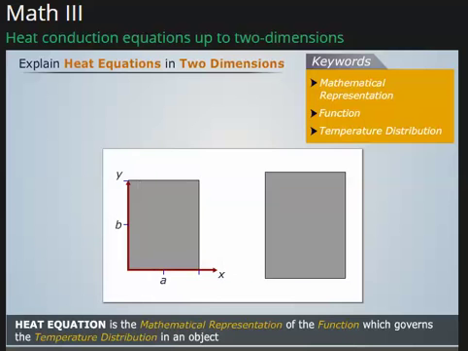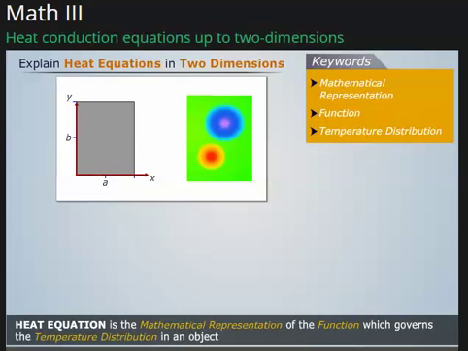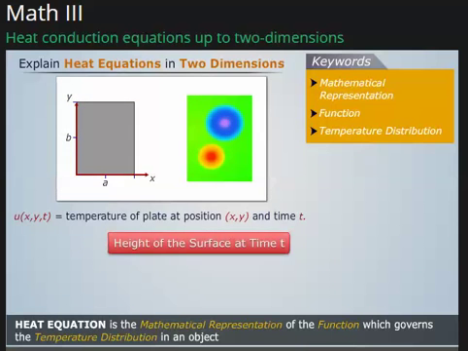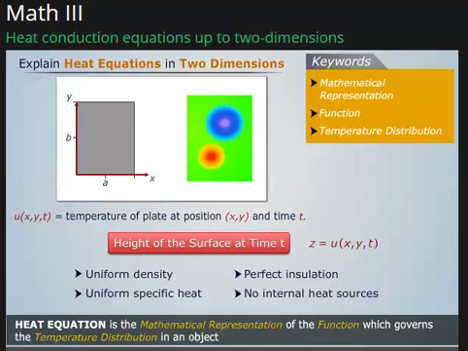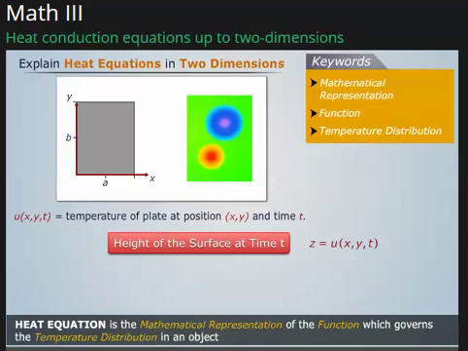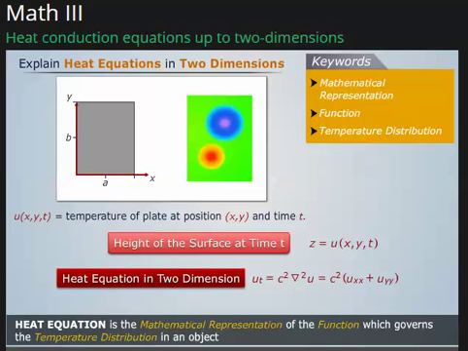The plate is heated in some way and then insulated along its top and bottom. Our goal is to mathematically model the way thermal energy moves through the plate. We define a function. If time is fixed, then the height of the surface gives the temperature of a plate at position X and Y. Now we must assume following things in order to get an equation representing distribution of temperature. So the two-dimensional equation that satisfies all conditions is given by. This is the heat equation in two dimensions. Related terms are